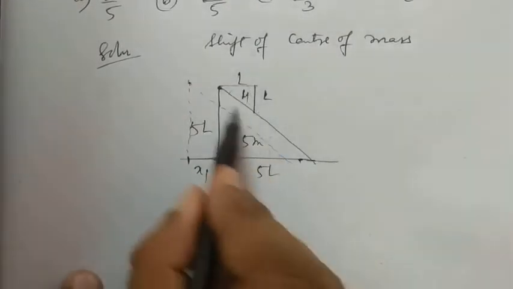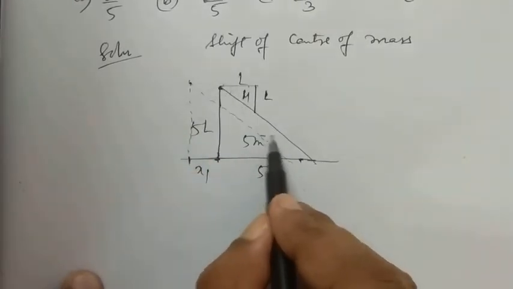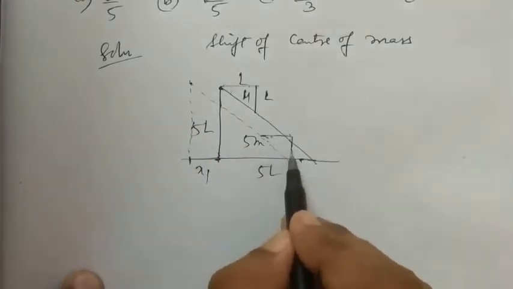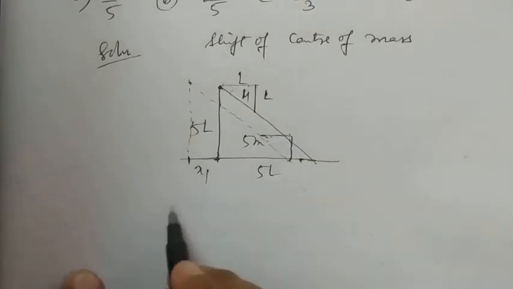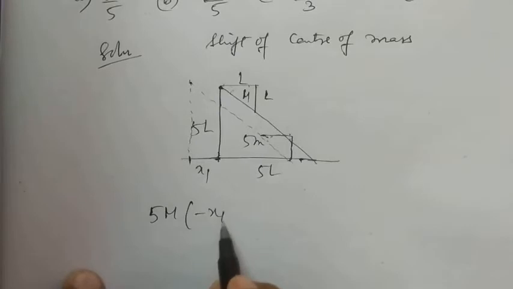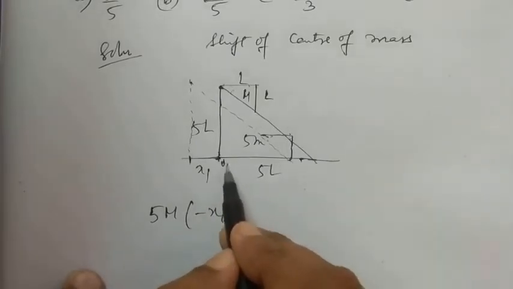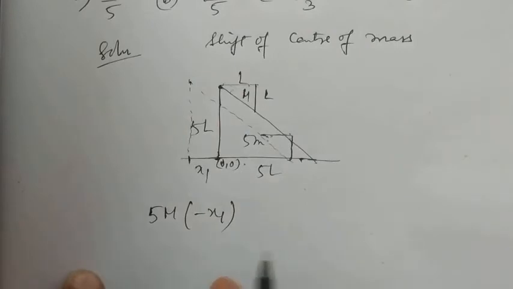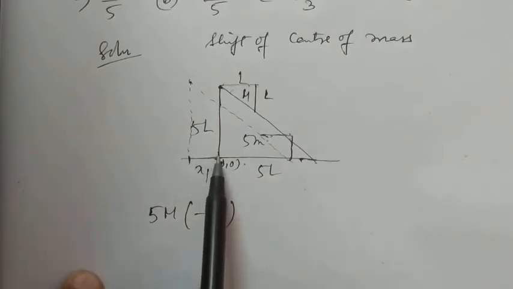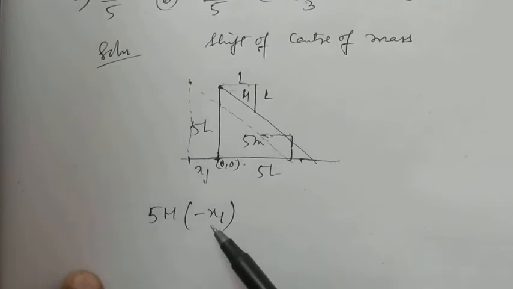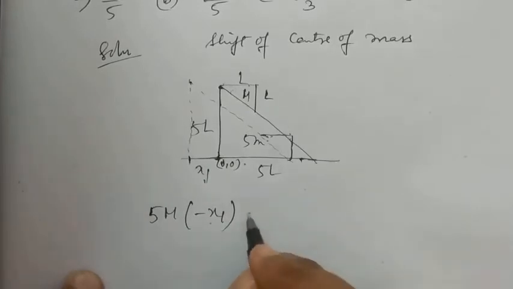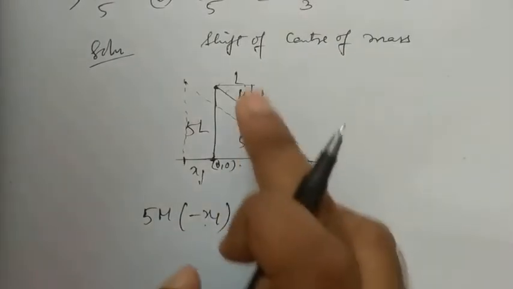So this prism has slid down from here and has reached this position. Now suppose this is the smaller block. Now I have to take the two shifts into consideration. There are two blocks, so two shifts. One is the shift of the 5m, that is 5m, we can write it as minus x1, because we can take any point as the origin. So this is 0, 0, the origin. So the shift of this bigger block towards the left is x1, towards the negative x-axis. So we have taken that to be minus x1, plus the shift of this smaller prism.